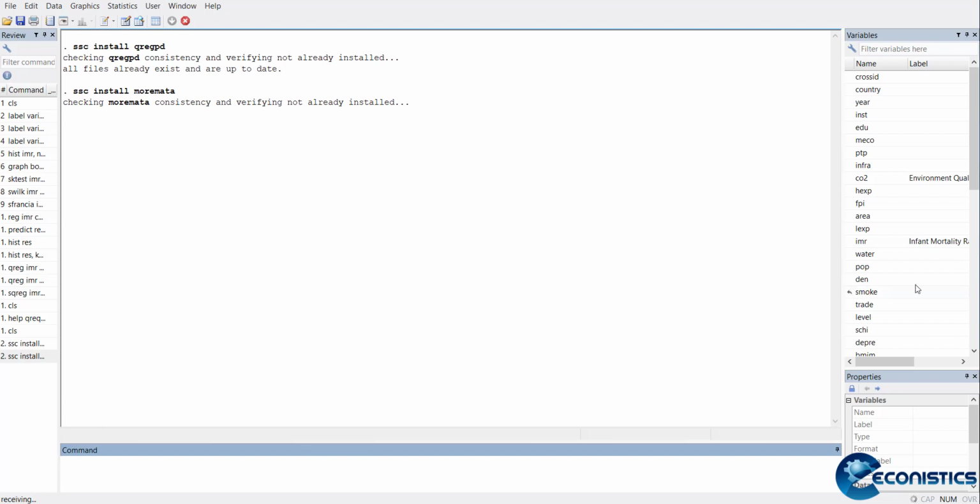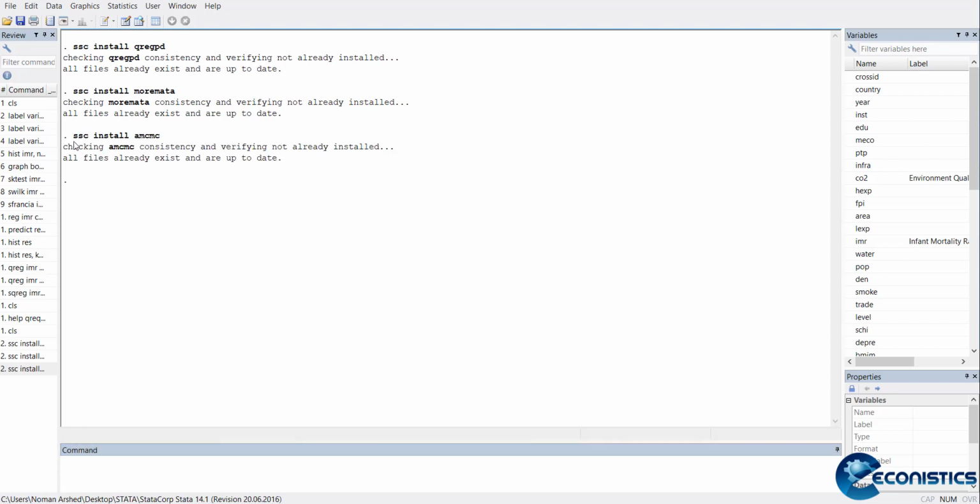So it's checking for the file. You can also check ssc install AMCMC. This way all three libraries are checked.